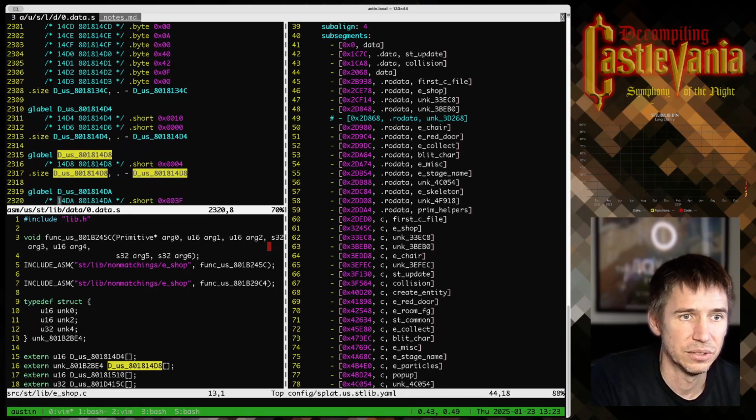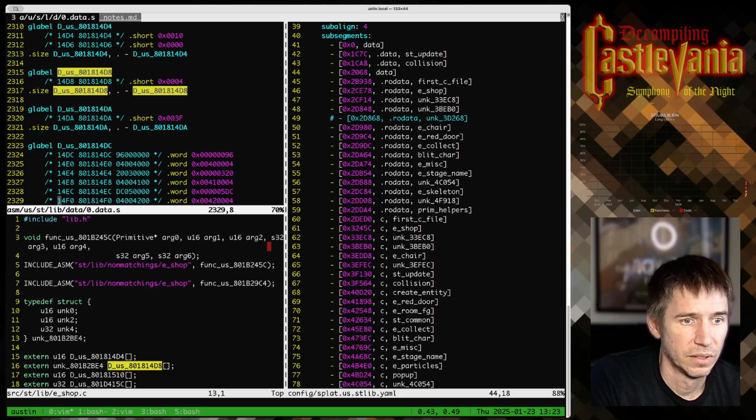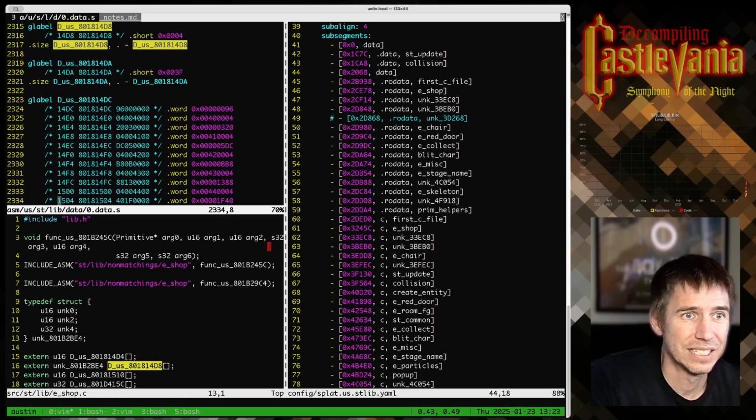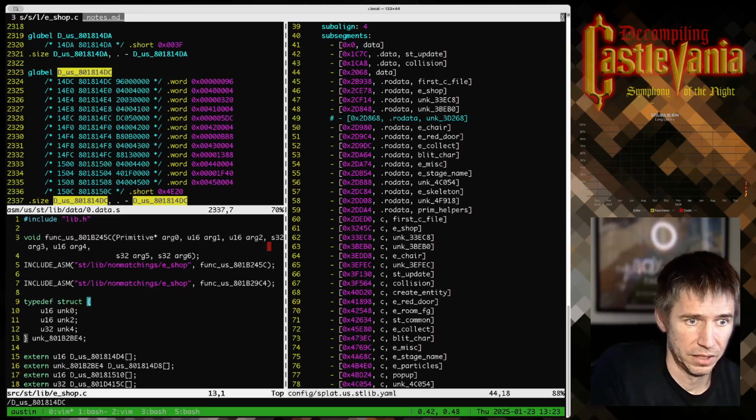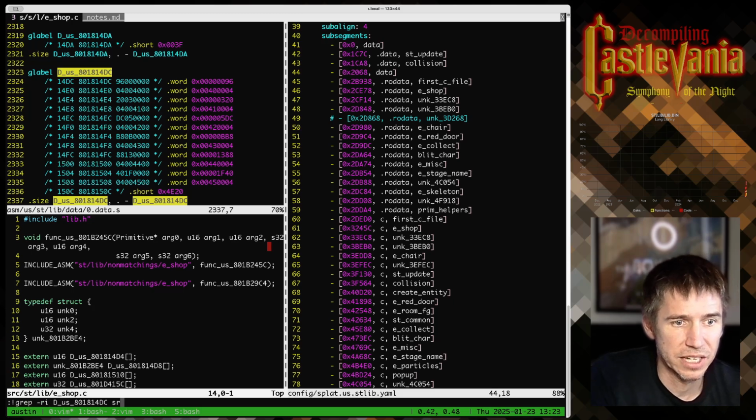That is included as well. And it looks like we're going into this 14DC, and that may or may not be referenced explicitly. A lot of times these addresses get baked in,